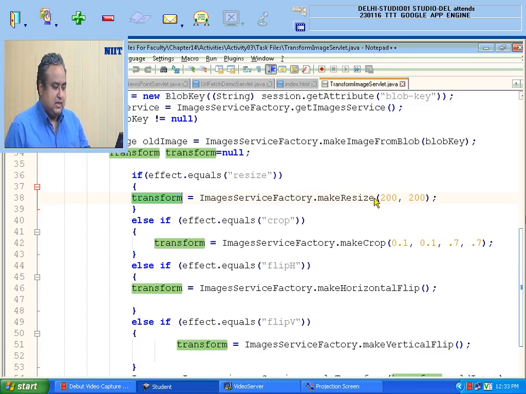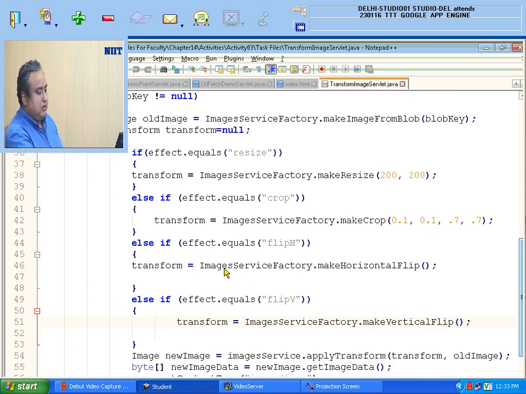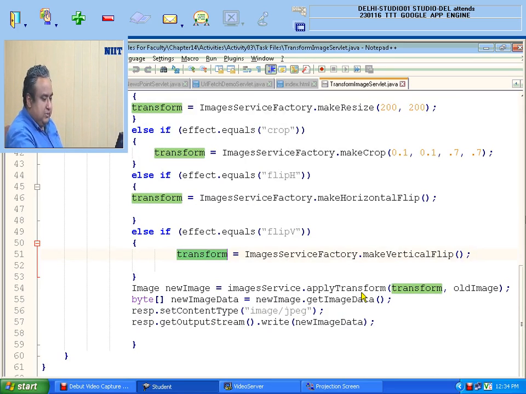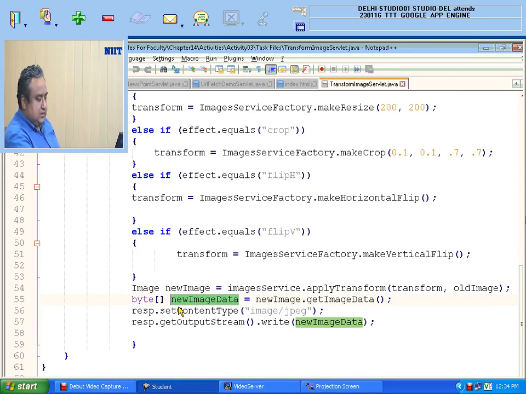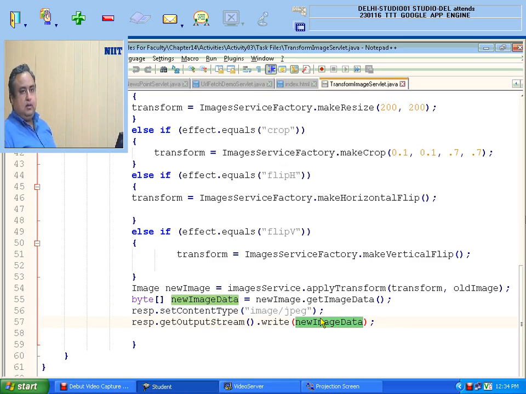For example, make resize 200 by 200, make crop by 0.1, 0.1, 0.7, 0.7, else if effect equals flip horizontally. So this will make a horizontal flip or a vertical flip. And once the transform is there, this transform will be applied to the image. Image will be set as new image, and this new updated image will be then displayed on the screen. Very simple code